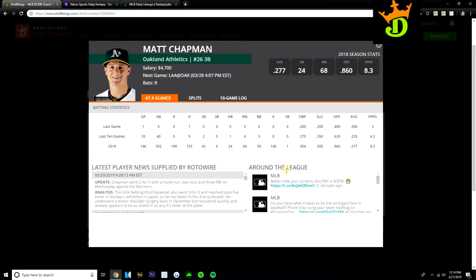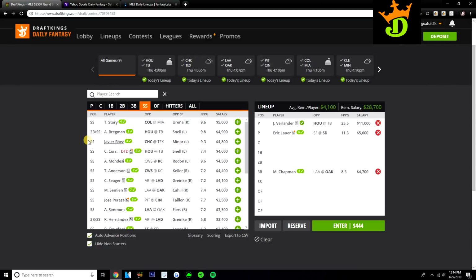This Oakland team has a ton of right-handed bats with power. They got Chris Davis, they got Matt Chapman. This is just a very dangerous lineup. This A's team made a lot of noise last year. I expect them to do the same this year. I love Chapman. I love Davis. I think those are two guys you can definitely look to from Oakland. Laureano should be leading off, and I'm pretty sure he's pretty cheap. So he could definitely be another guy you look to from the A's. The A's have a lot of good options today. Definitely a team I'm trying to stack up.